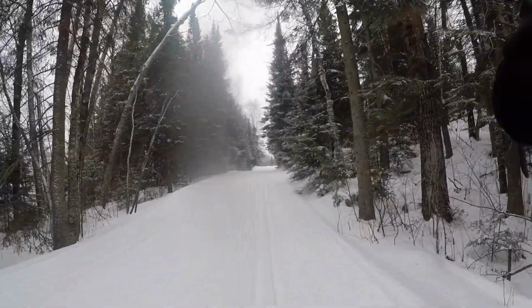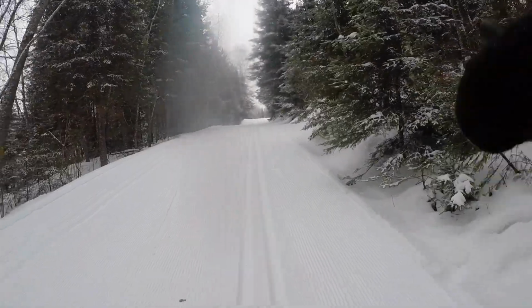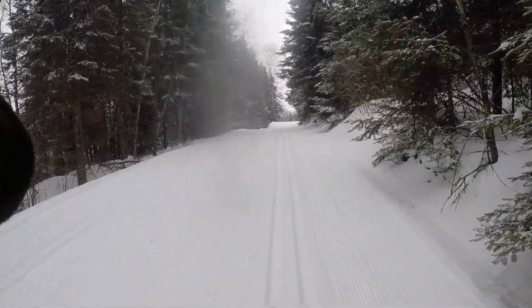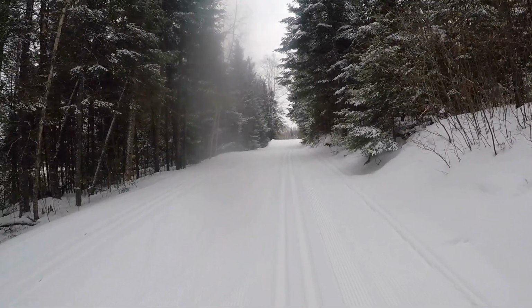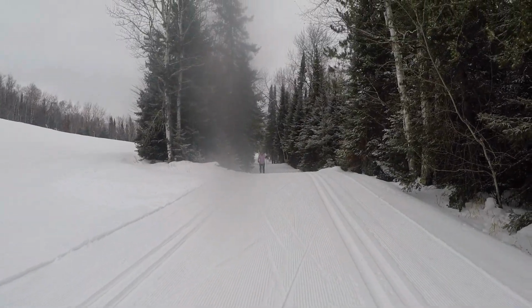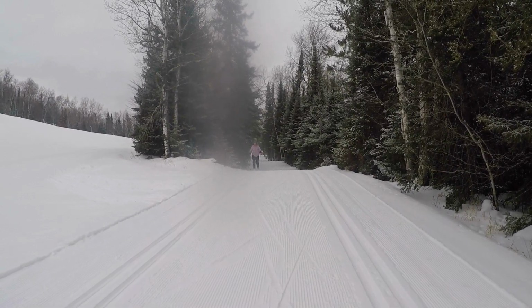We headed to the south part of the resort for the trails there because the high school ski meet was going on the north side and we wanted to stay out of their way. Our plan was to go on the Bronze Trail until we hit the Oslo Trail and then make a loop